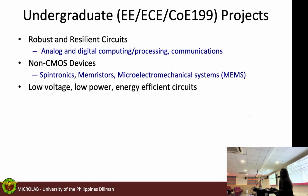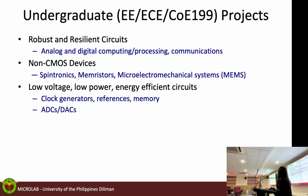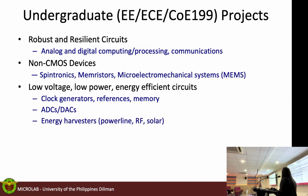And then we also have yung mga low voltage, low power, and energy efficient circuits. For this one, we know na there are certain applications that we want to have a long life. For example, when we have devices na gusto nating mapatagal, even though yung let's say yung supply niya is just a battery. And to maintain the long life of the devices, we need yung mga low voltage, low power, and energy efficient circuits. And of course, merong mga certain topologies for clock generators, references, memory, ADCs, and DACs